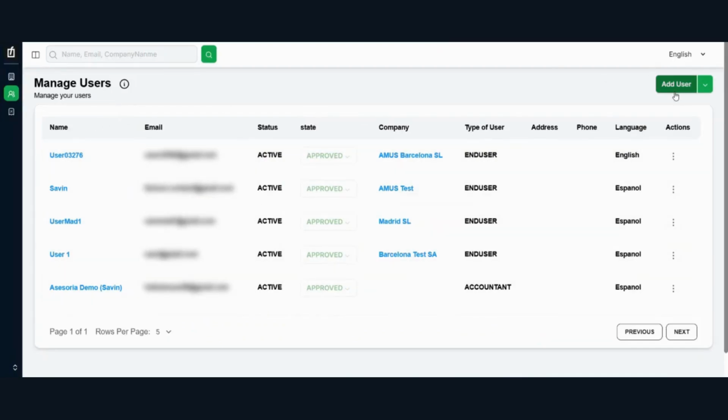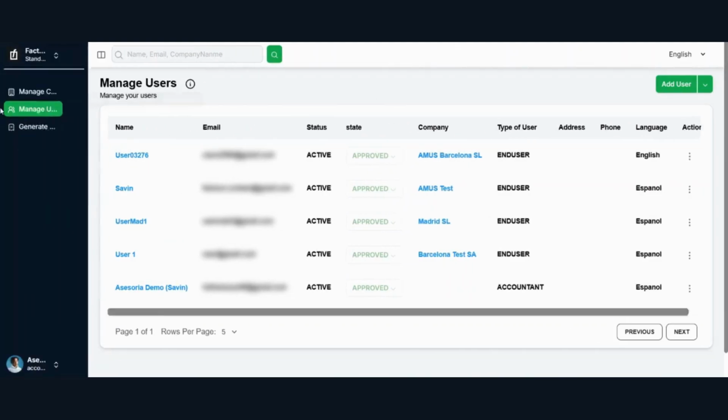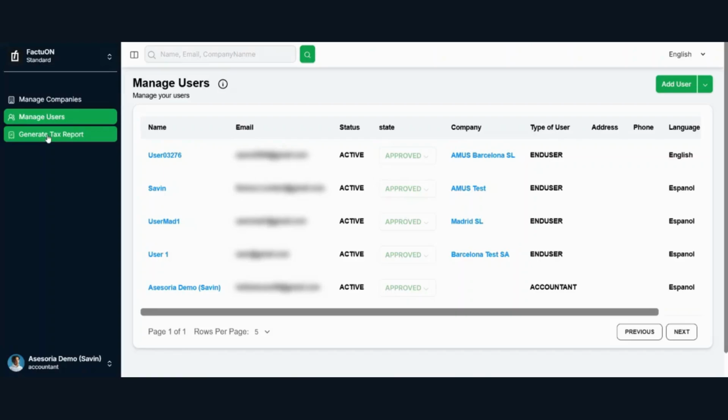Okay, so here you can see we have two options. One is add a new user and another is export. If you want to export this user data, simply you can download it from here. And here is the option to create a new user. So you can see here the detail or the layout of the page. And we have another thing, which is generate text report.